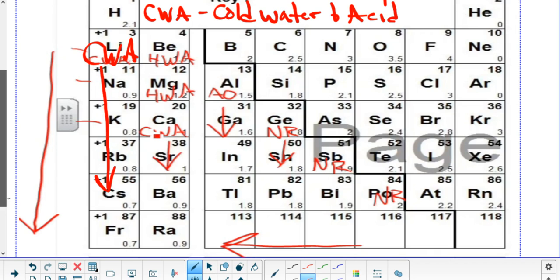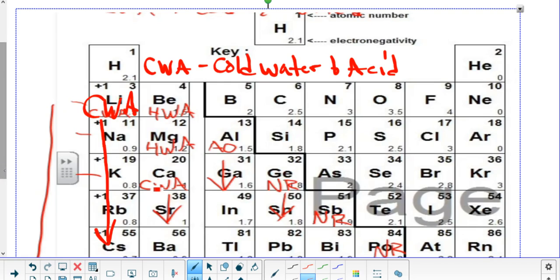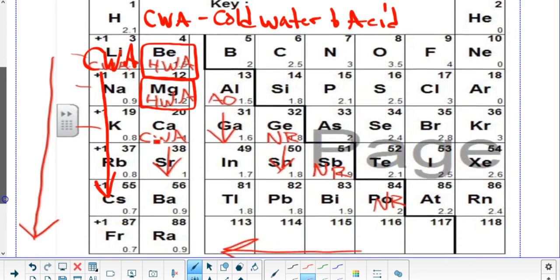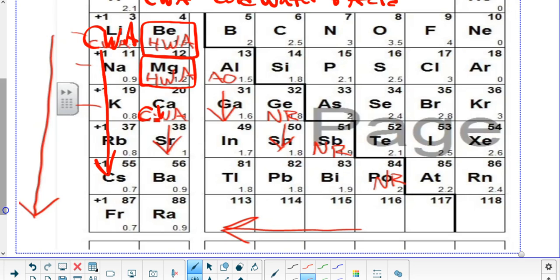All right, then moving over to family 2, we have HWA. HWA means hot water and acid. So I'm not going to write it, but it's everything the same after this as here. So what that means, and we learned this in the lab yesterday, is that magnesium did not react with cold water, but it would start to barely react with hot water. Beryllium, since it's above magnesium, would have similar properties to it. But then as we went lower, calcium, you'll remember, did react with cold water and acid, and anything below it